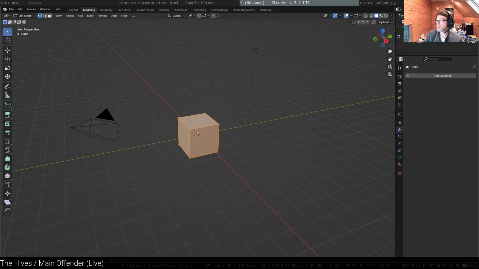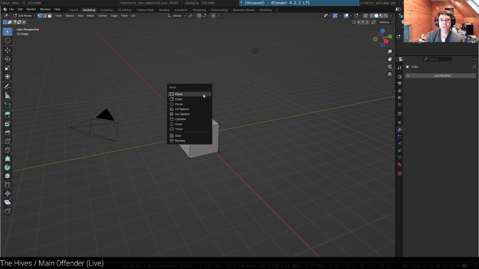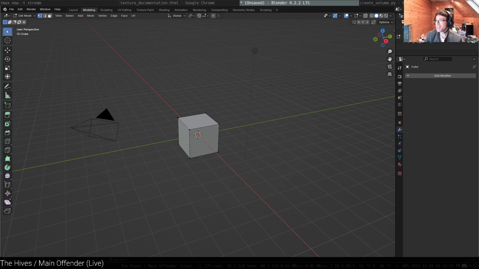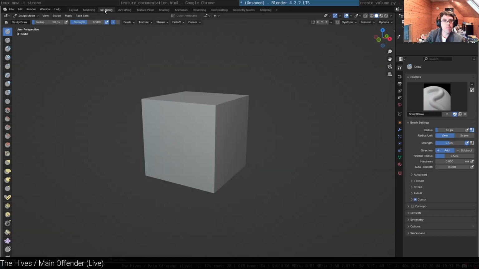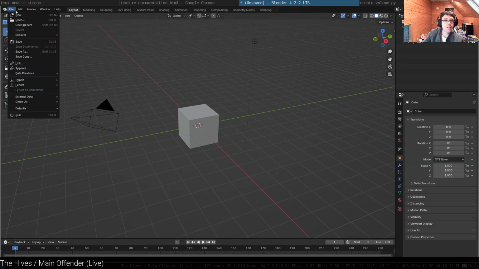Okay. Shift A. Looks like I didn't actually end up importing, or I don't have a version of Blender with VDB enabled, so, well,